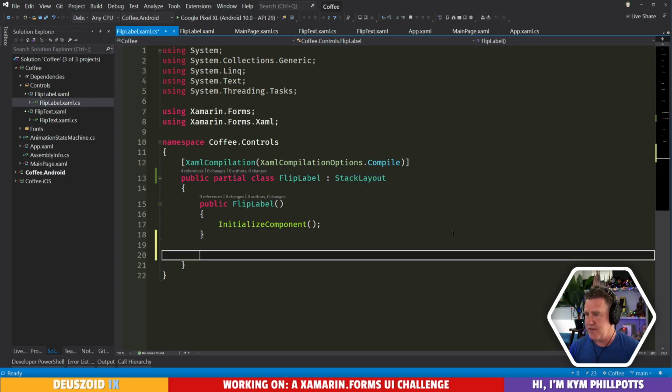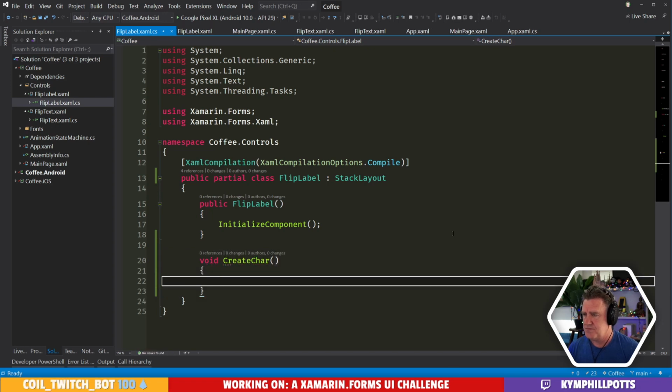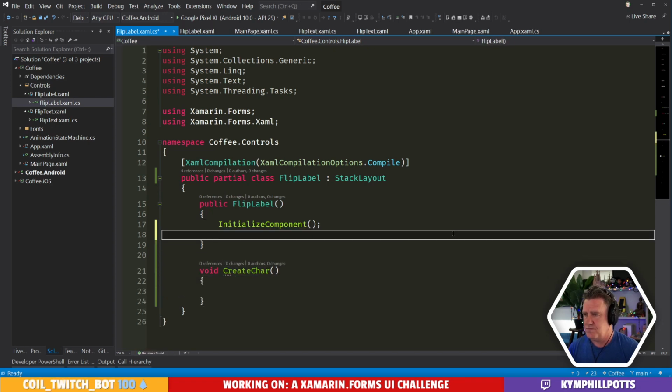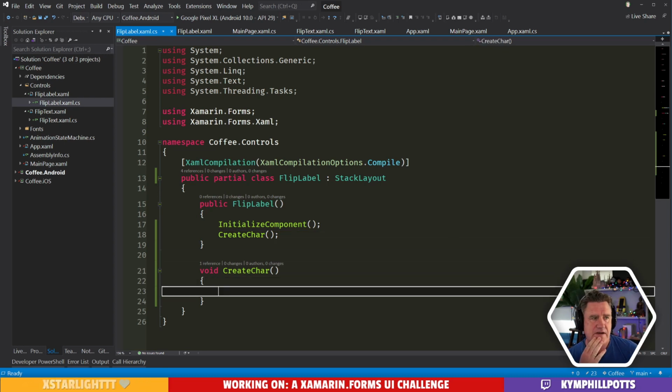All right. So let's have a method here to create our characters. And then inside of our create characters, because this is a stack layout, we can get our children and we can clear our children.